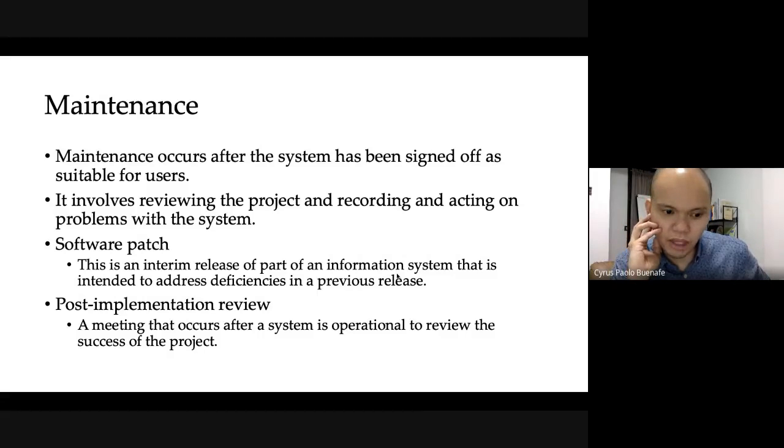Okay, definitely. I mean, that's something that you want to look into. Of course, a lot of these things I mentioned are very pertinent to the systems design phase, but these are things that can also be considered in project management. And yeah, we want to make sure that these things are done deliberately.